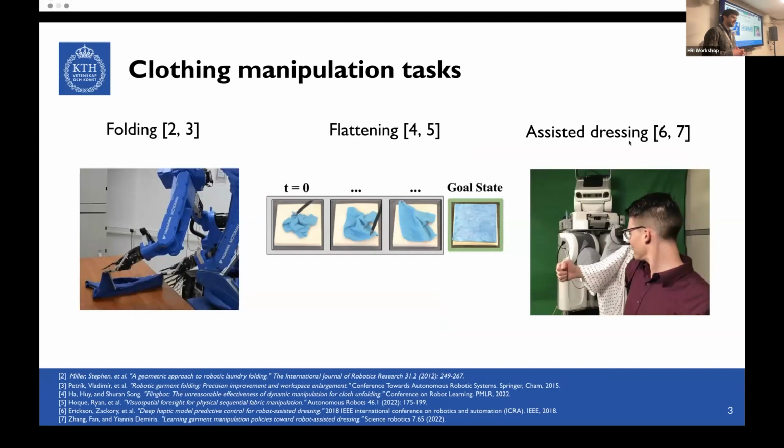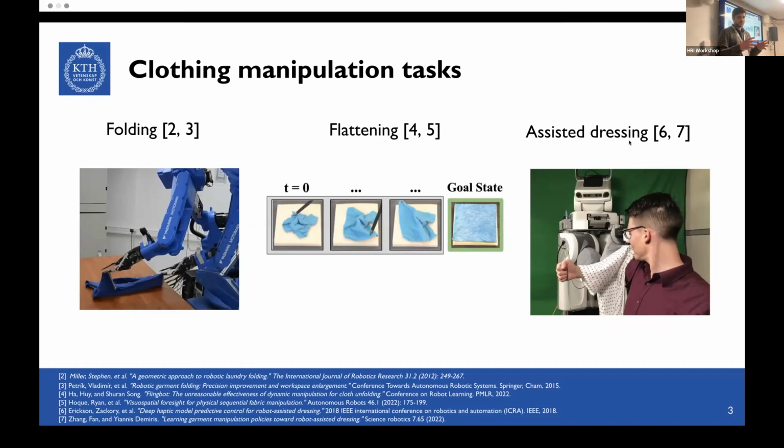And these challenges arise in most of the tasks that robots are used for in current research, in different ways. For example, in folding and flattening tasks, having an infinite dimensional configuration space may be more relevant, while in an assisted dressing scenario, taking also inspiration from what Taco was presenting this morning, if we have to dress a person with a pair of jeans, the strategy might be very different from dressing a person with, for example, leggings, a more elastic material.